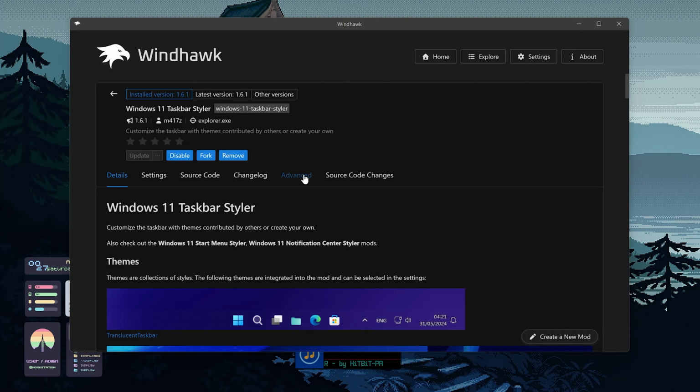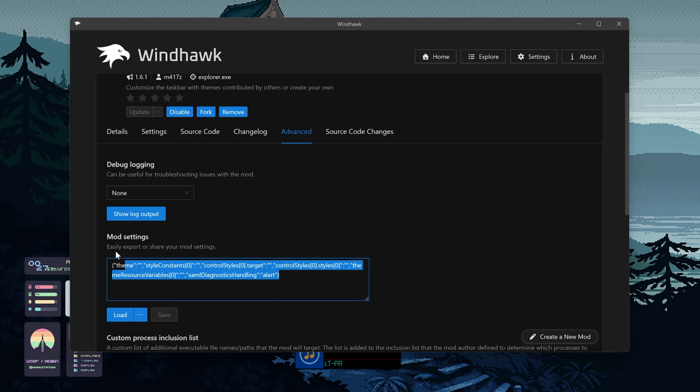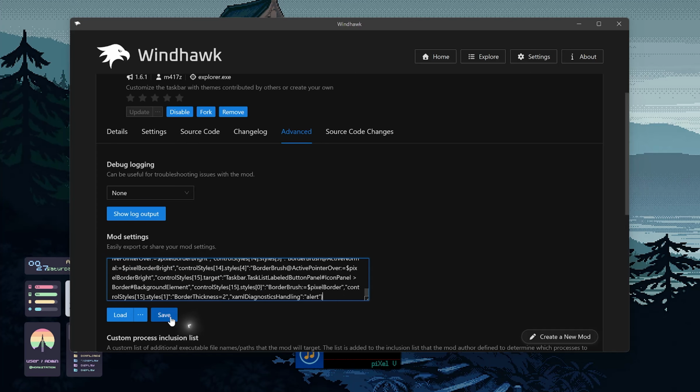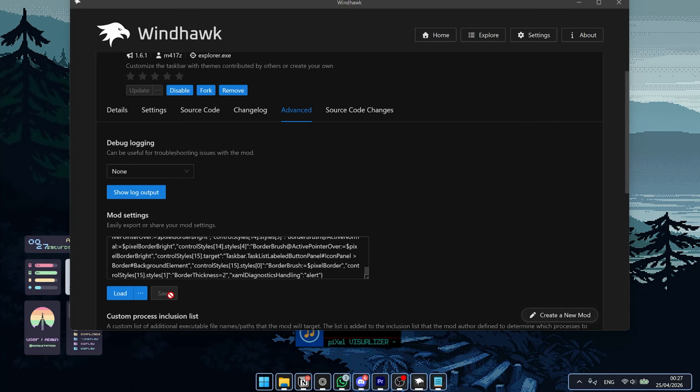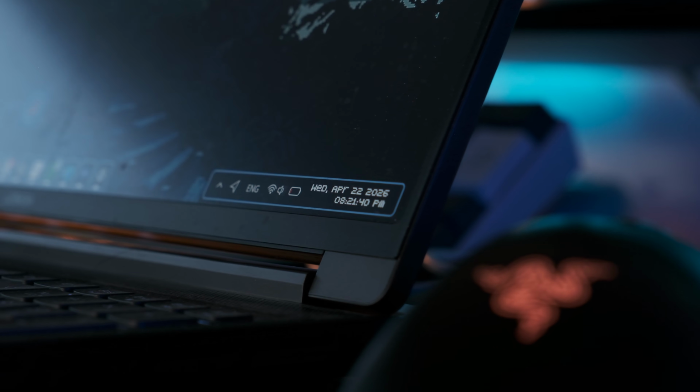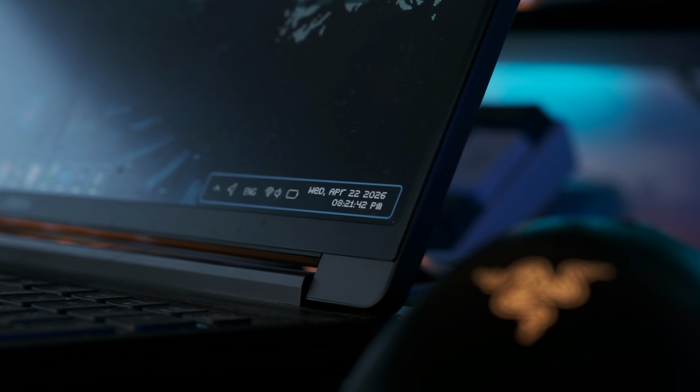Back in Windhawk, open the advanced settings and place all the code here. Now you simply have to save the settings and your taskbar already has the pixel style applied. Next up, I will also show you a really cool addition to this mod by customizing your time and date